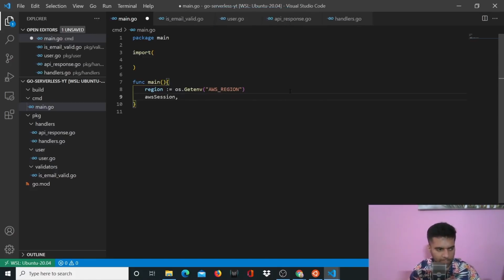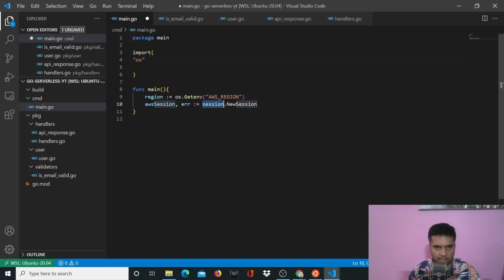So how do you create a session? You'll say session.NewSession. Now, if I'm calling os here, I need to have os imported. That's the package. And session is something that the AWS SDK gives me. So I'll say github.com/ Now I'm looking at the documentation for the AWS packages at the same time. You can do that. In case you're the type of person who wants to know exactly which package you're installing, because I'm that type of person,